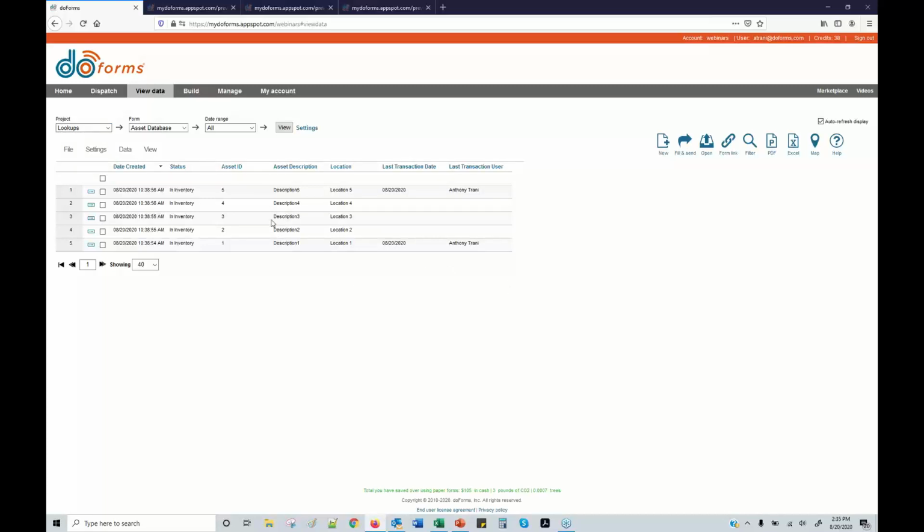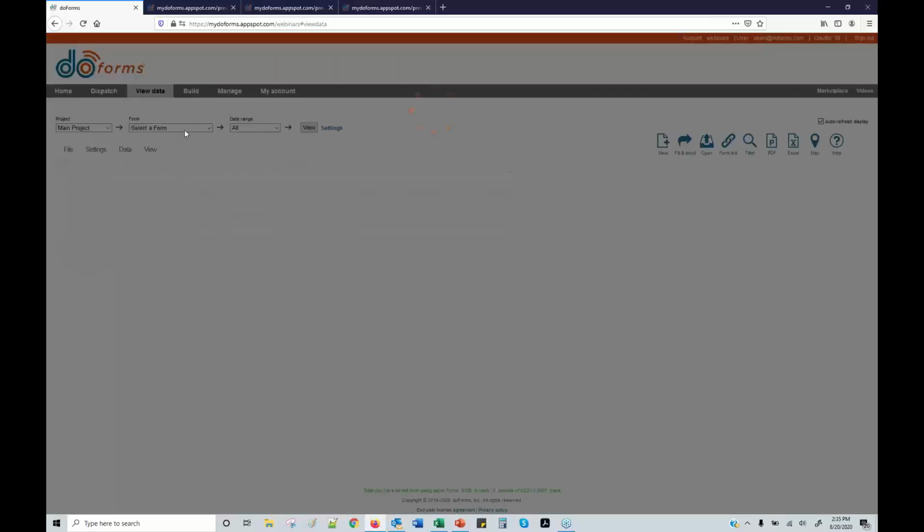And the same goes for the inventory example that we did as well. For inventory, just looking at your available inventory list is great, but what if you're trying to look for a specific transaction? Somebody shipped 50 and they made a mistake. They were supposed to ship 75, but you're not sure who shipped it out and you're trying to identify that person. In my main project here where I actually have my forms,